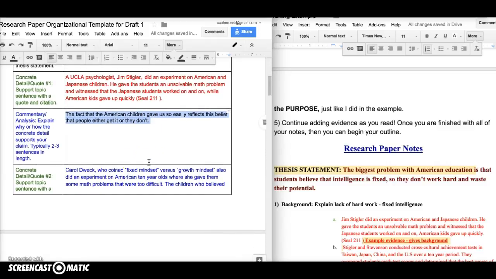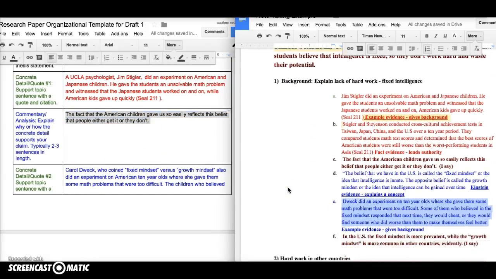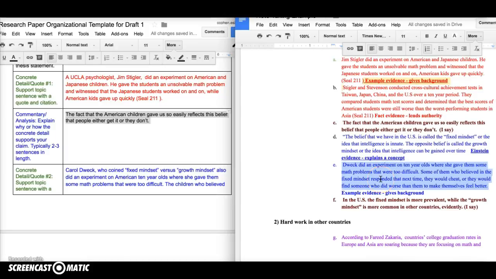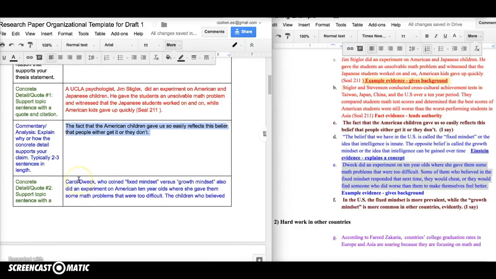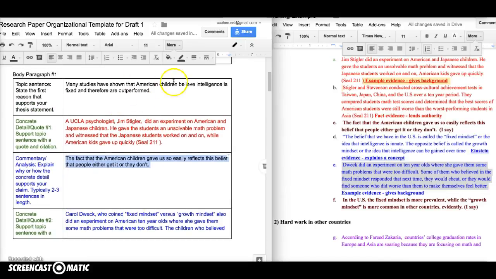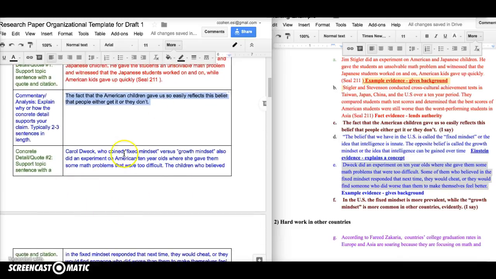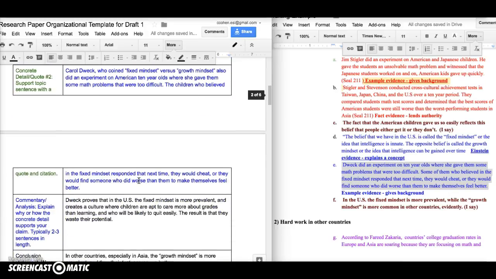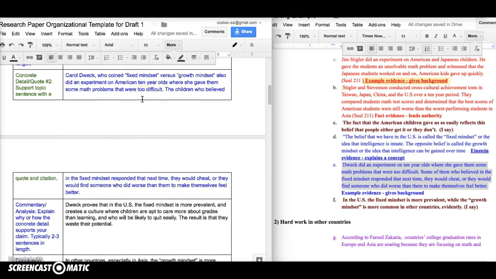And then I'm going to add some more evidence, which I have here in my notes, so you can see, and I just moved it over here. Because this whole paragraph is about studies that prove American children believe in fixed intelligence, I'm using evidence that matches that idea, right? So Carol Dweck, who coined the fixed mindset versus growth mindset, also did an experiment on